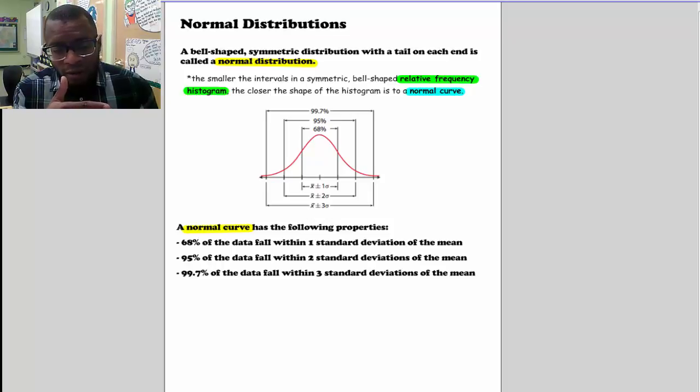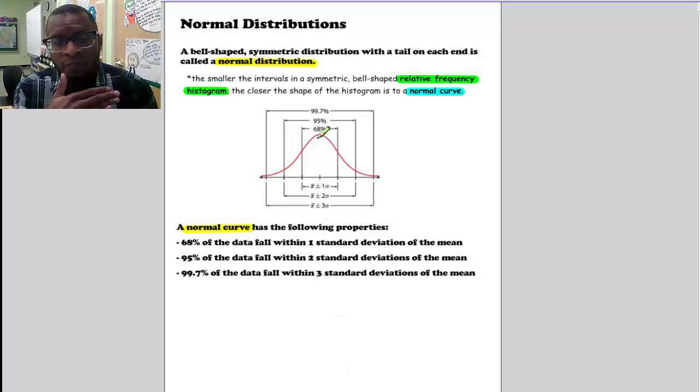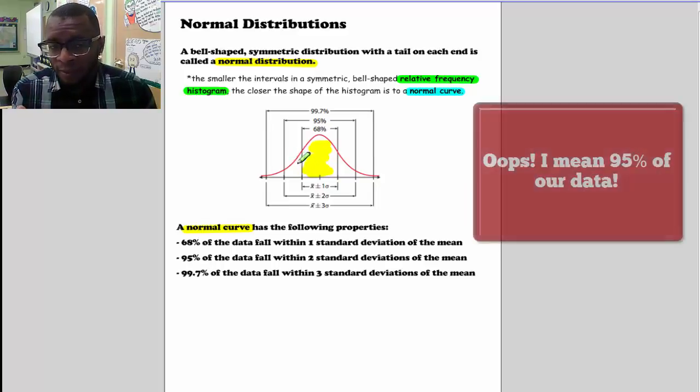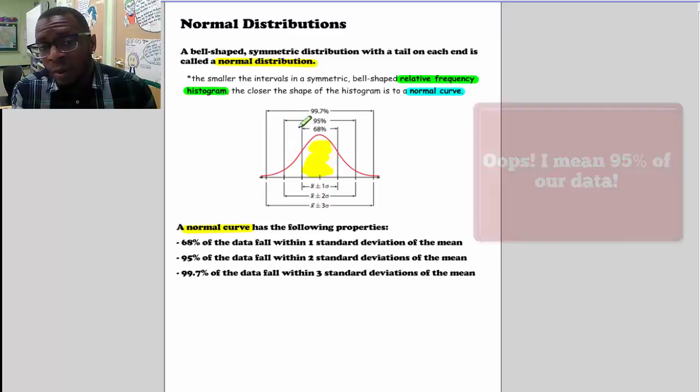Let's grab the highlighter here so that I can show you all of the different parts. Okay, so 68% of our data fall within one standard deviation. So within this part of our normal curve, that's 68% of our data. Okay, and then within two standard deviations from the mean, we have 95% of our data. So that includes the 68% that I just mentioned within one standard deviation plus